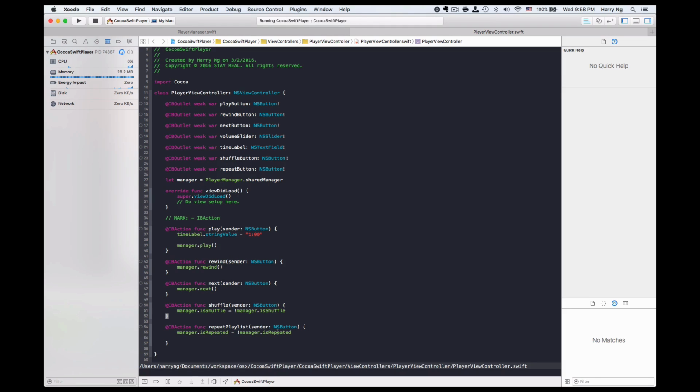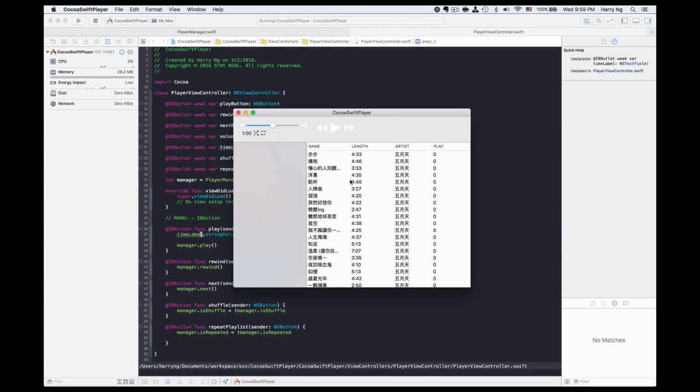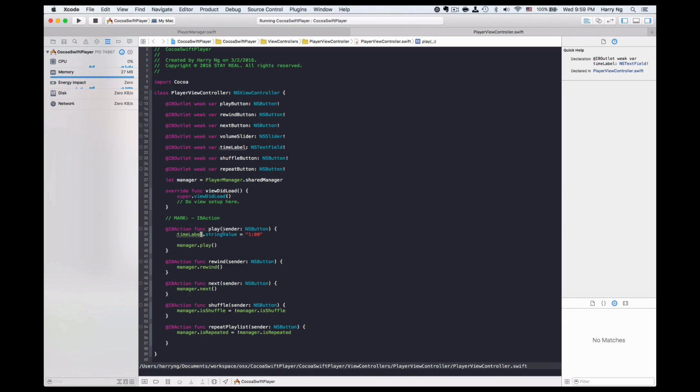To do that, we first look at the player view controller, which controls the values of the elements in the view. Here we have the time label showing the value, and right now we change it within a play function. This function is called by an IB action. However, the song could start playing by double-clicking on the table view, which goes to the player control and then eventually back to the player view controller. So instead of setting the value in the play function,